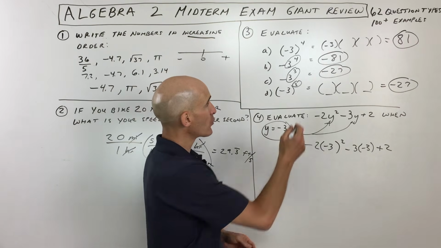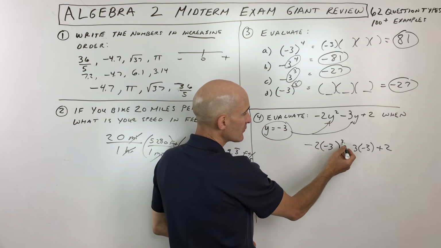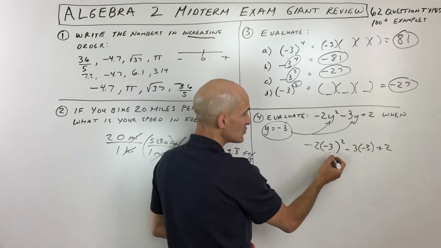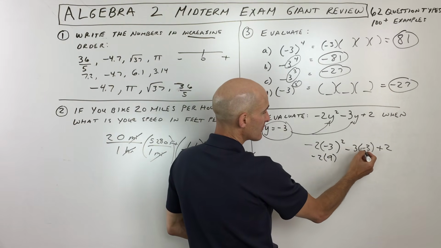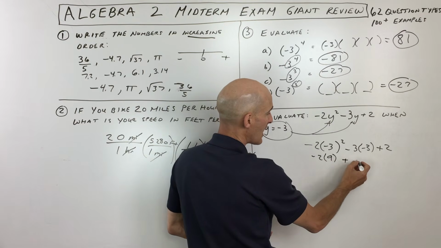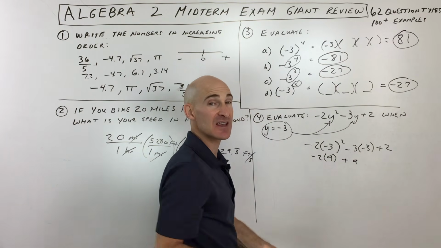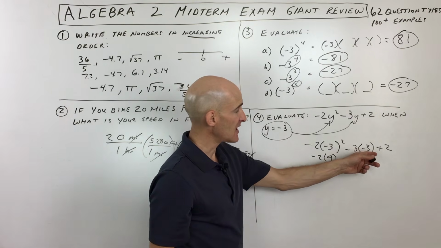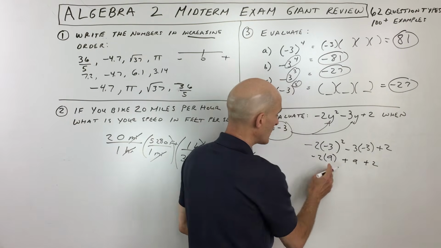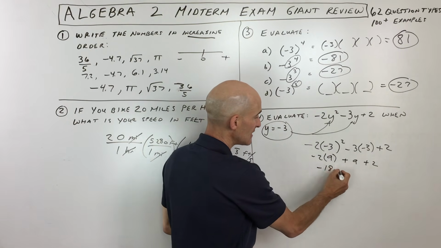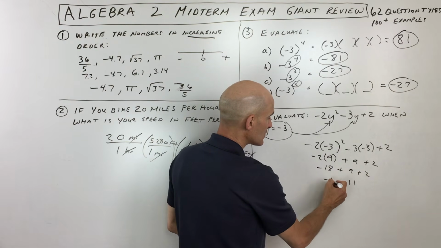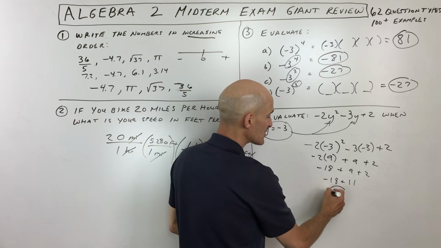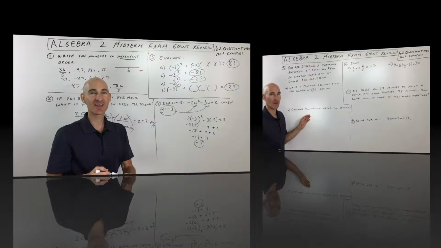So let's focus on the order of operations like we did up here. Negative 3 squared is a positive 9 because you have two negatives. So this is really 9. And then over here we've got a negative 3 times a negative 3, which is a positive 9. See, when you see minus, you can think of that as a negative number. So negative times a negative is a positive, and then plus 2. Now negative 2 times 9 is negative 18. And then you can see that 9 and 2 is 11. So we have a negative 18 plus 11, which is a negative 7, and you got it.